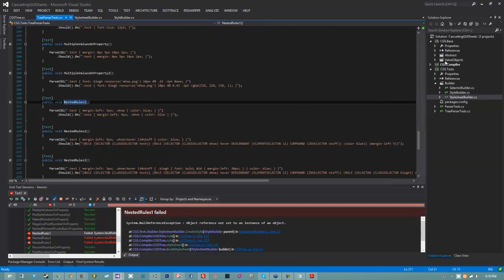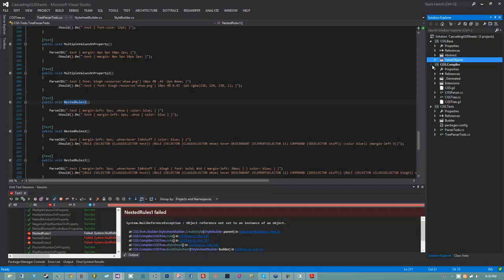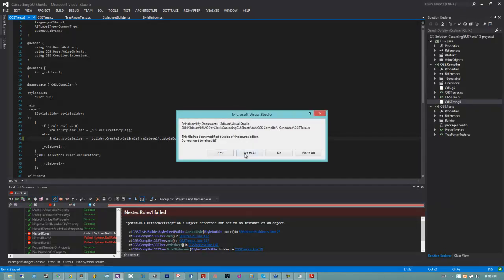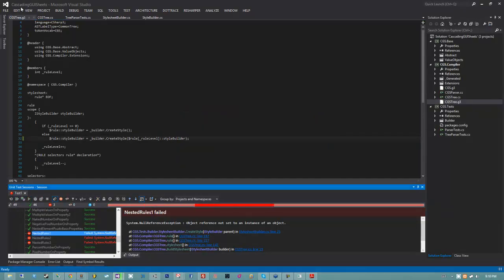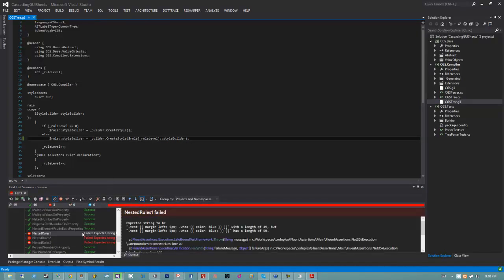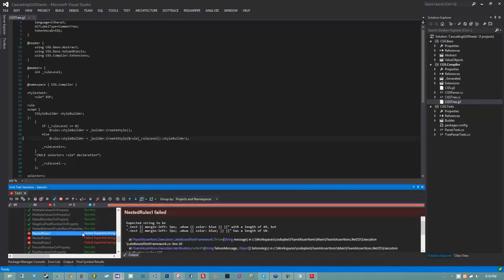Ooh, I don't think I need that -1 there. Or do I need the -1 there? Wait, I have to invert that number, don't I? Because maybe I don't. I can't remember. It's too late. Let me see what happens when I press the button now. Hey, look, it works. Except for